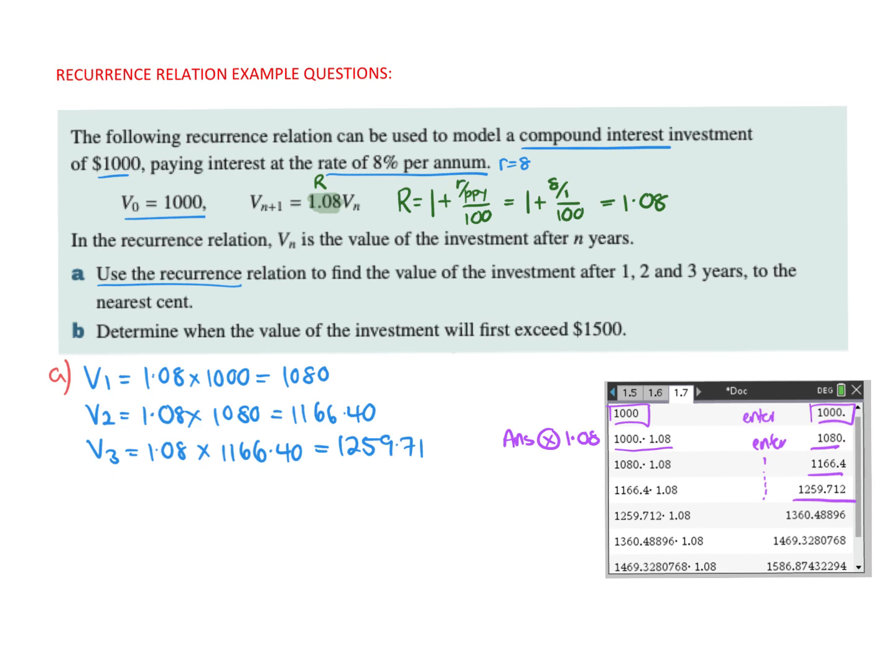Now in part B, it says determine when the investment will exceed 1,500. Because I'm so close, like at V3, I'm at 1,200 and something, so I'm going to keep going. So V3, then I quickly press enter, V4, V5, and I can see at V6, it's over 1,500. So there's my answer. So I'll just write V6 equals